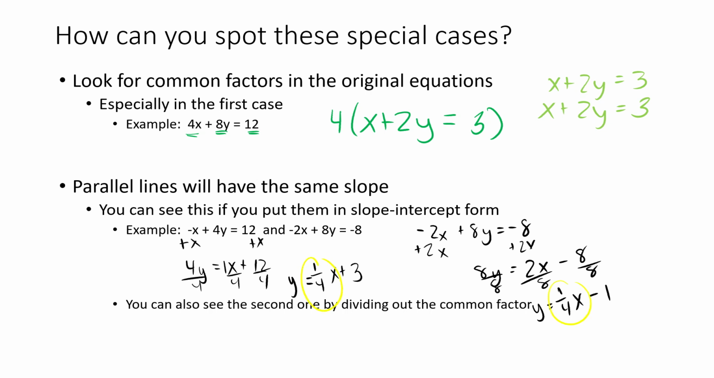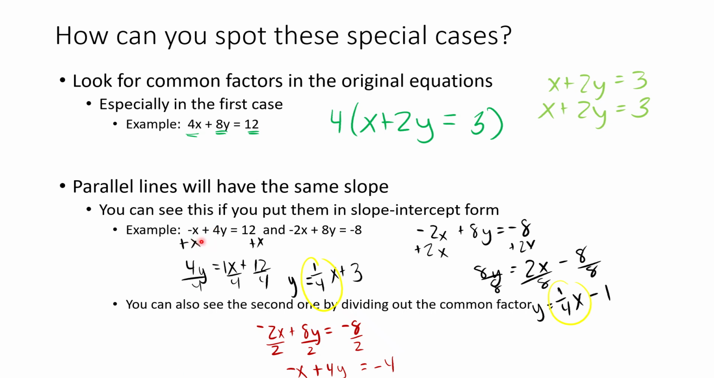Now, another way you might be able to see that is by dividing out that common factor. So if you have 2x plus 8y equals -8, you see a common factor of 2. Those are all even numbers. So you say, okay, I'm going to divide both sides by 2. Make sure I divide everything. 2x divided by 2 is x, 8 divided by 2 is 4, and then we have -4. And if you look closely,